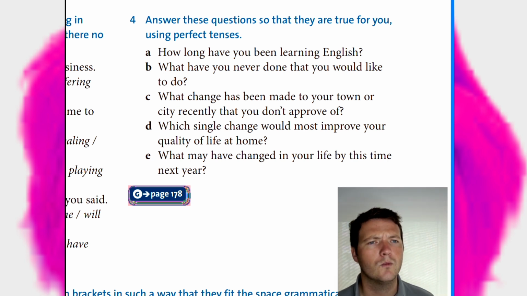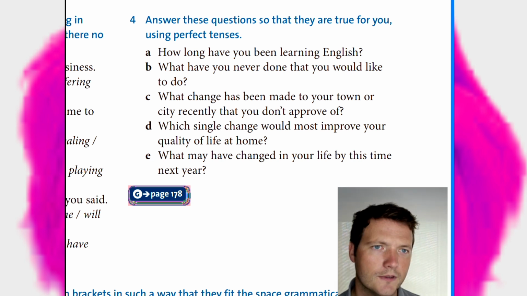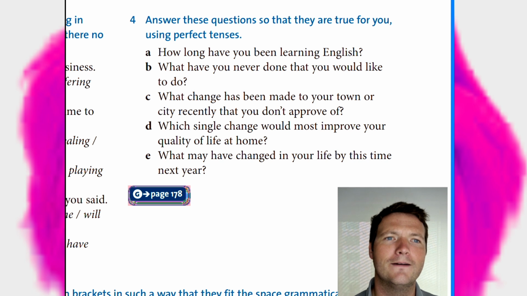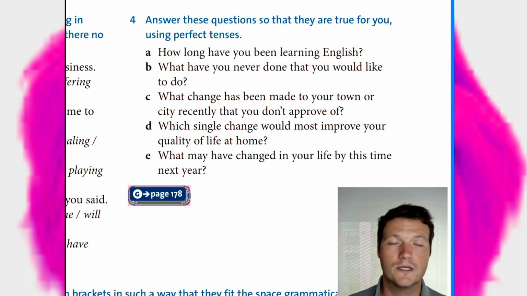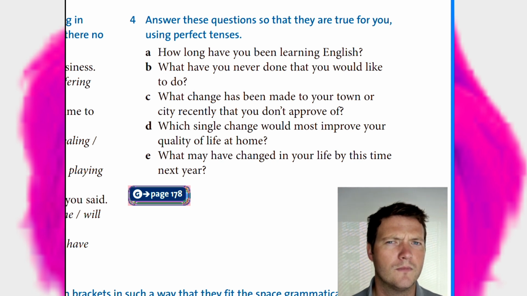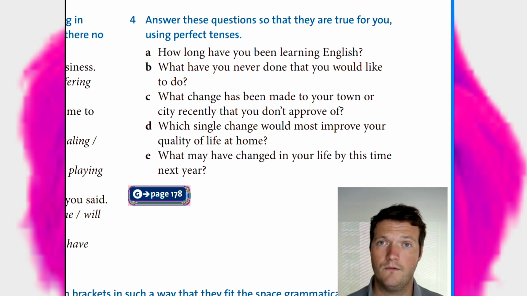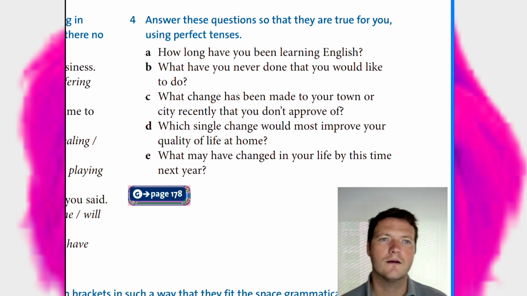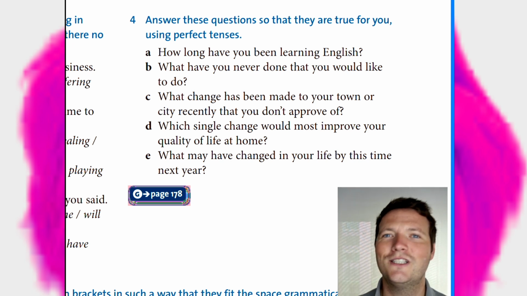B, what have you never done that you would like to do? I think, what have I never done that I would like to do? Oh, God. Lots of things. I think visit the USA. I've travelled quite a bit. I've been to places further away than the USA, I think. No, I definitely have. India, Thailand. So, yeah, but the USA is a place that I've always wanted to go,